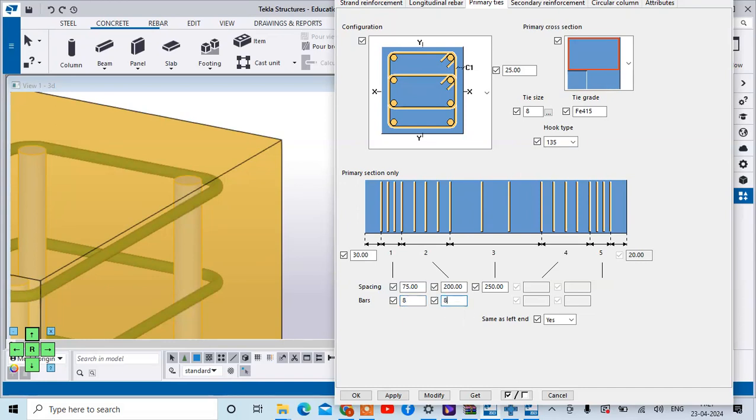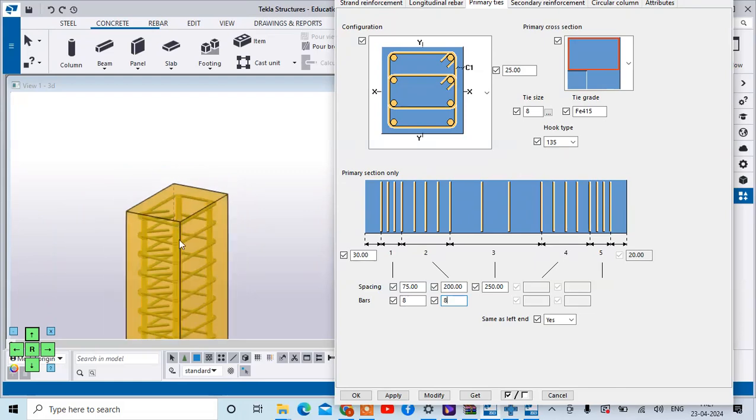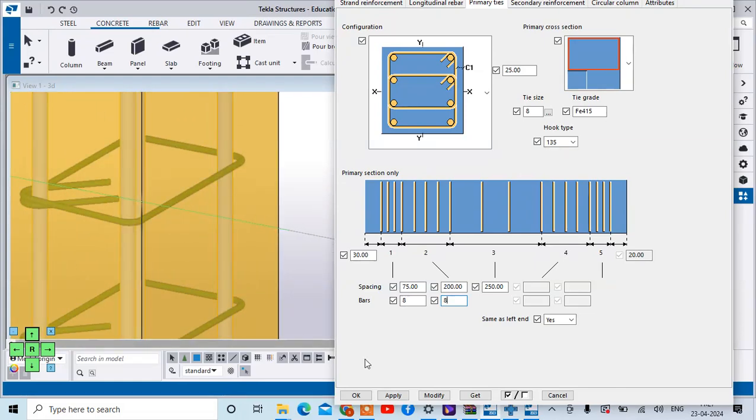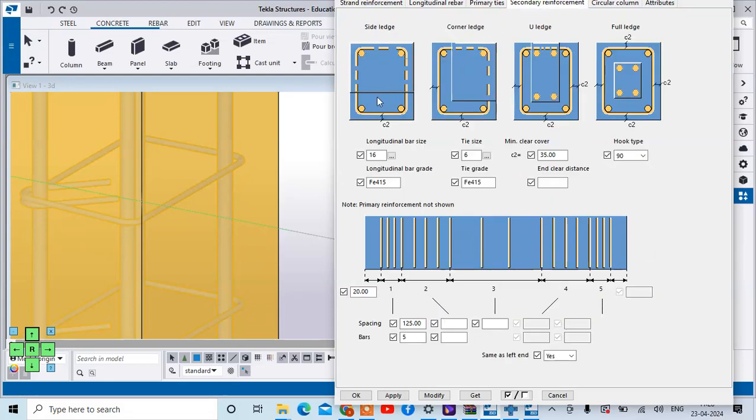So here again I will make the diameter as 8 mm. Okay, you can see the diameter has changed over here. Okay, then next, secondary reinforcement. If at all any secondary reinforcement is provided in middle spans, then you can make the necessary changes through this